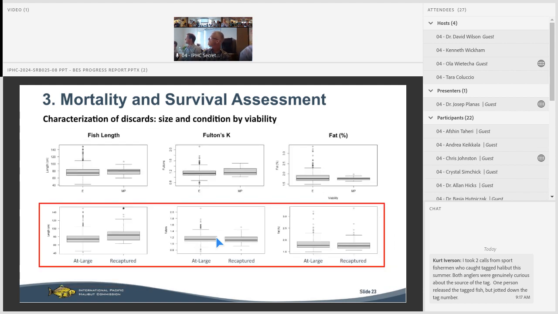Similarly for fish length, Fulton's K, and fat percentages, we did the same thing for at large and recaptured. We did get a significant size effect on the recapture, and that is likely explained just by the fishing regulations. Now, granted, they're allowed to bring these fish in no matter what, but that doesn't seem to be well understood by the fishers. We get lots of confusion on that, and probably could use some more outreach on that particular topic. Does it say anything on the tag about that? It doesn't say it on the tag. It says it in the regulations, and we talk about it at most meetings that we interact with fishers. But we've had,